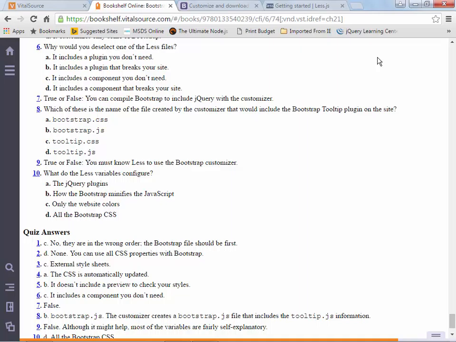Since you deselect it, it won't be loaded, you don't have a chance to screw it up, and the file for your load will be smaller. Number 7, true or false? You can compile Bootstrap to include jQuery with a customizer, and that's false. Number 8, which of these is the name of the file created by the customizer that you would include to add the Bootstrap tool plugin on the site? The answer is B,